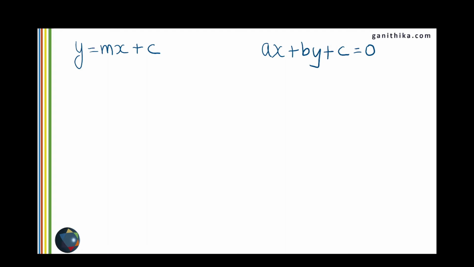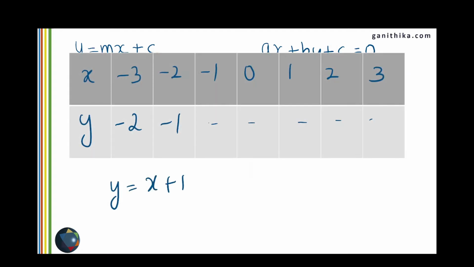Whichever form the equation is given, you will be making a table of values like this. For example, if the equation is y is equal to x plus 1, you will be making a table of values for x from -3 to 3 and substitute each value of x into the y equal to x plus 1 equation and find the corresponding y values. For example, -3 for x will give you y as -2 and -2 for x will give you y as -1 and so on. And after doing this big table of values, you will be plotting each of those x, y coordinates on your graph and then joining them all. So you are making at least 6 to 7 points for the graph.